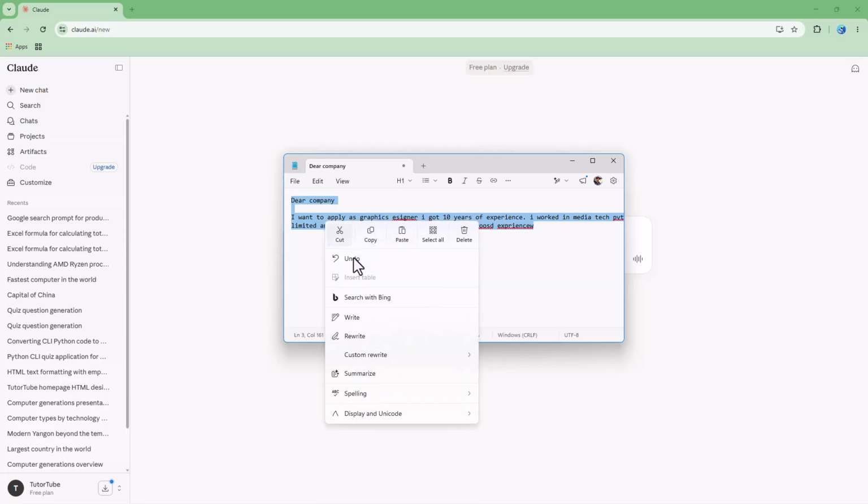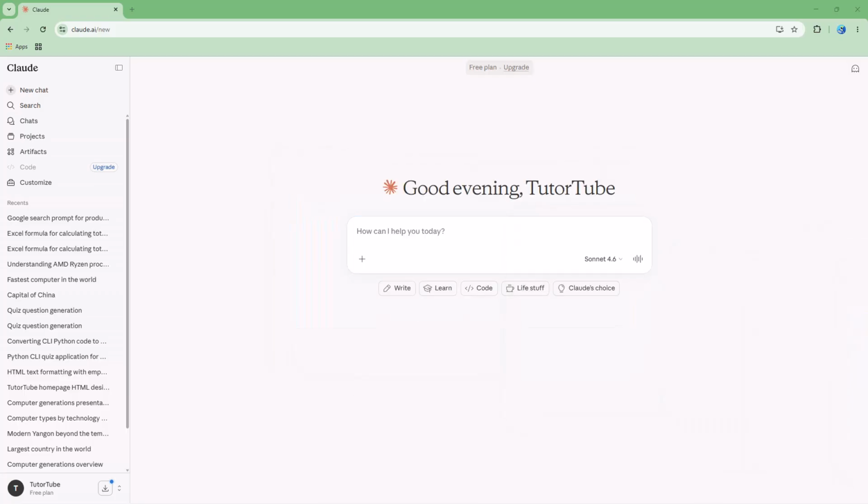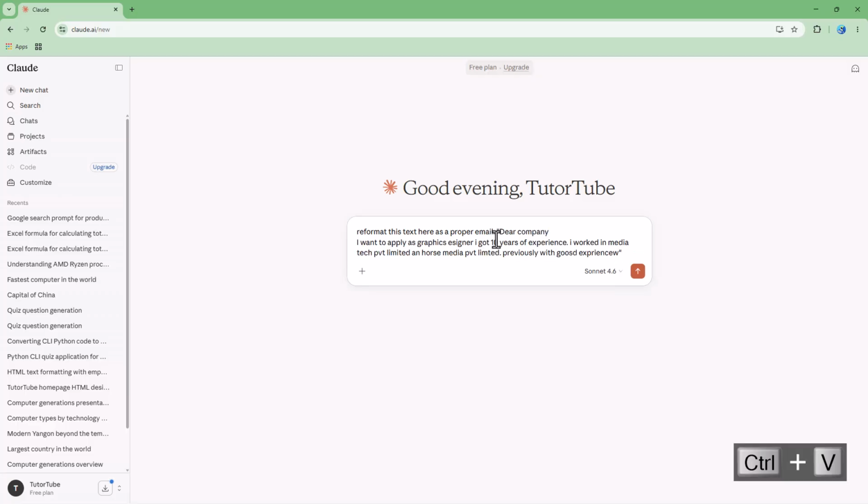So now what I can actually do with such text is I can go ahead and copy it, and then here I can go ahead and say, reformat this text here as a proper email. Let's say, for example, so once I type this in with an inverted comma and hit send,